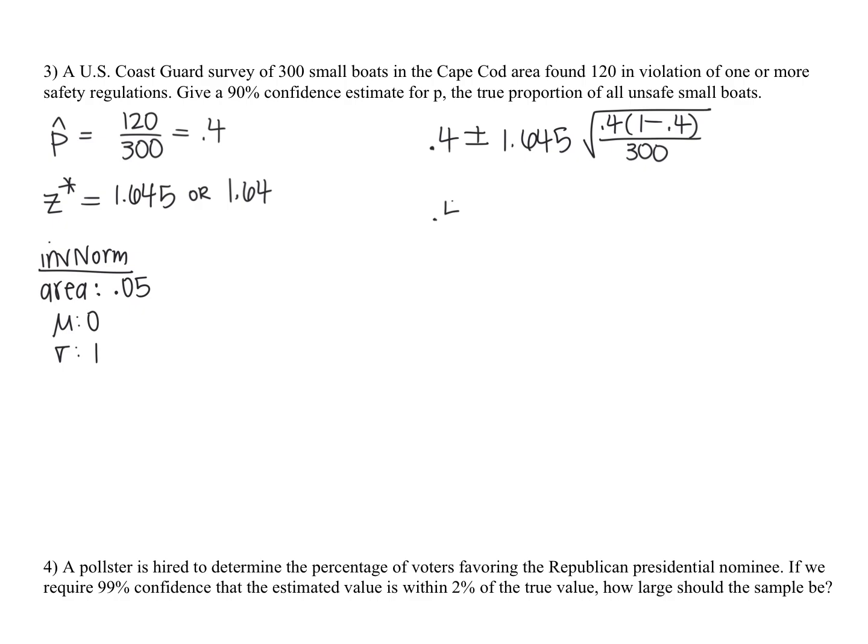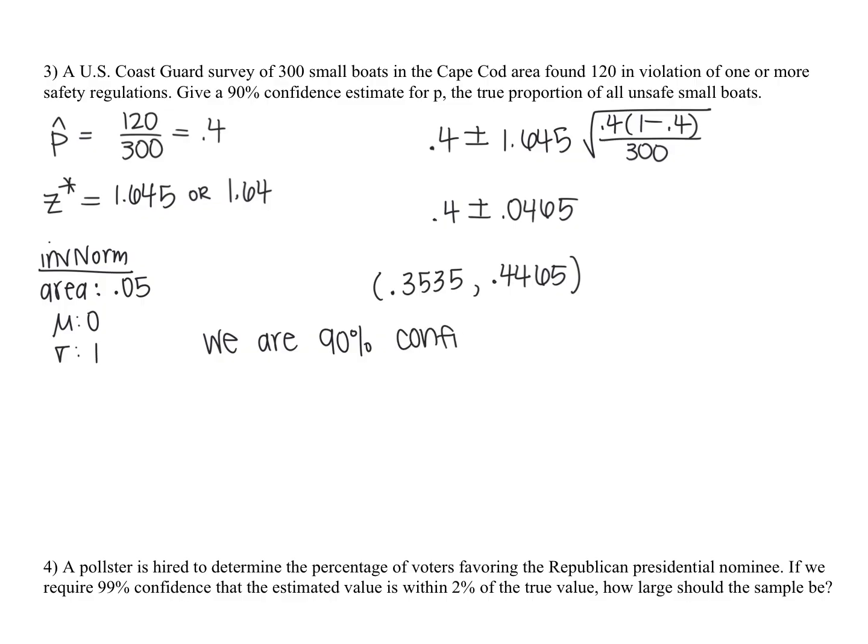So when I do that, we're going to get 0.4 plus or minus 0.0465. So I now subtract that from 0.4 and we'll get 0.3535. And then when we add it, we get 0.4465. And for our sentence, we are 90% confident